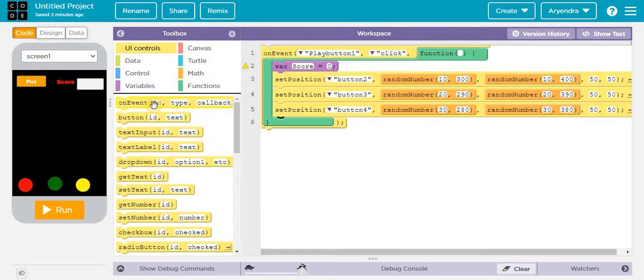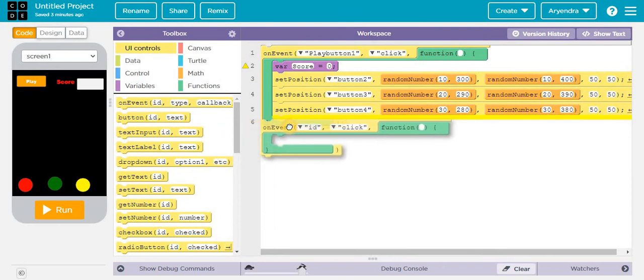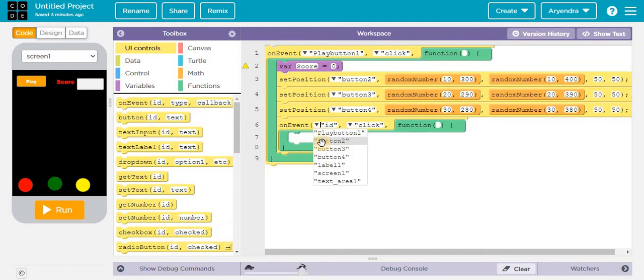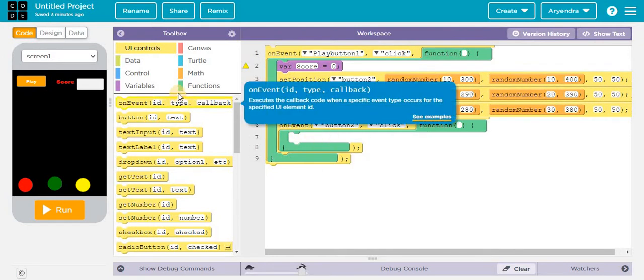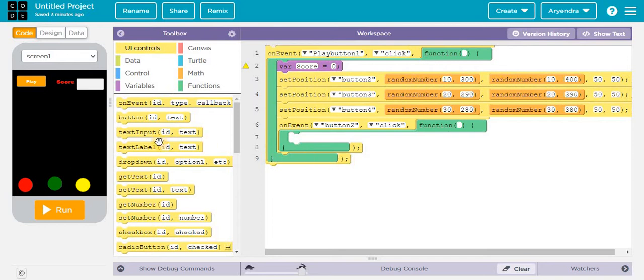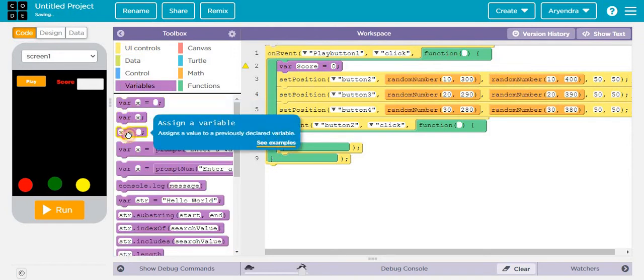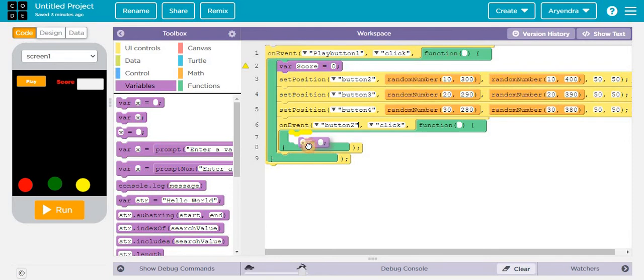and scroll up and take on event and drop it here, and then select here button 2 and click. Then we need to take this variable x is equal to, and then drop it here, type here score